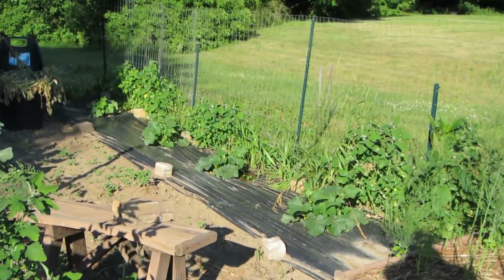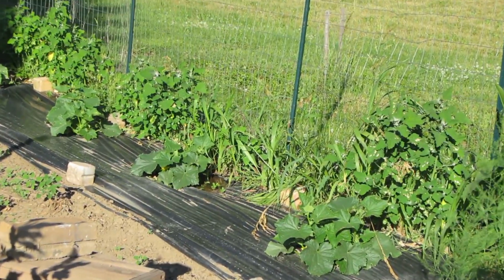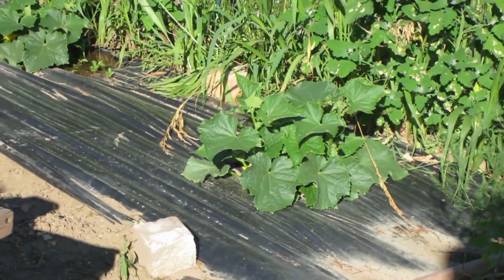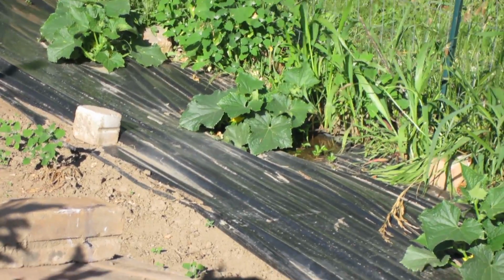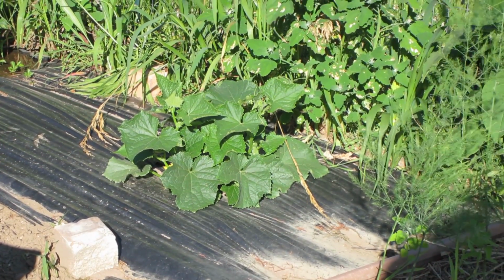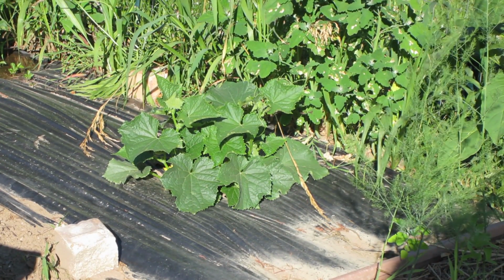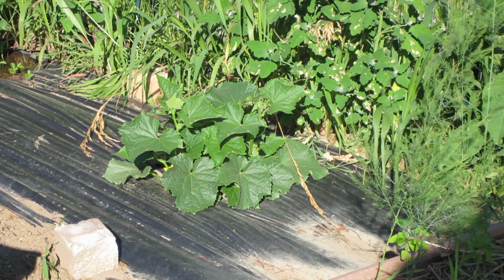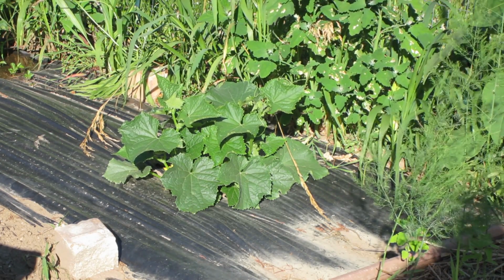The last thing I want to show you, though, is this. These are my cucumbers. I don't know how well you're seeing them in the camera, but there's a bunch of flowers under these leaves. They're very healthy looking. They're very happy. And this plant in particular here has probably about 6 or 7 flowers underneath the leaves. So I'm hoping they get pollinated and we get a good bit of cucumbers from these. It would be very nice. Other than that, I'm just